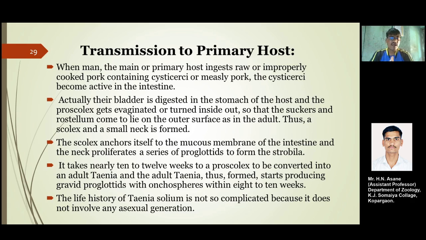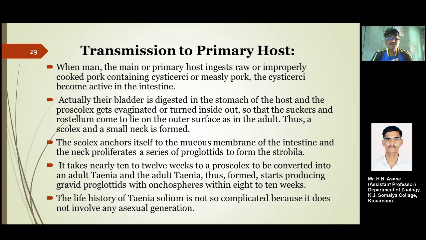Their bladder is digested in the stomach. Whose bladder? It is the bladder worm's bladder. That bladder is digested in the stomach of the primary host, man, and